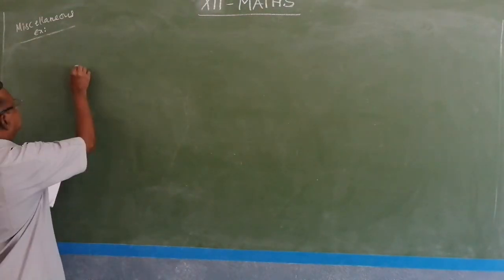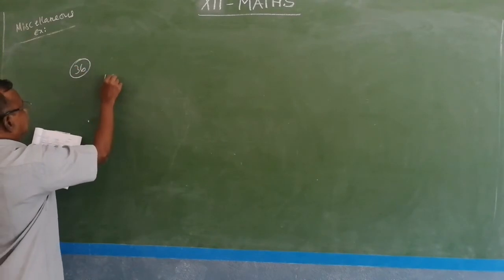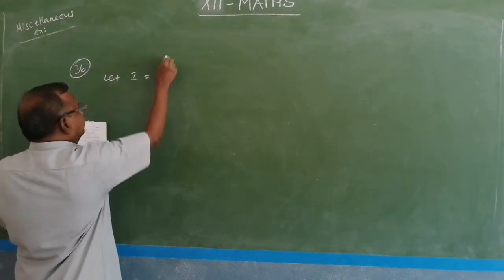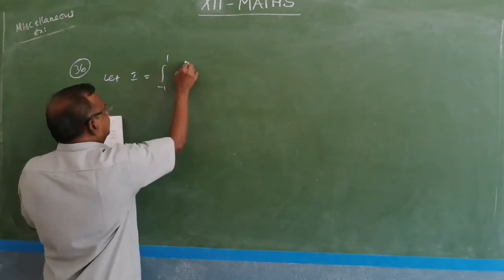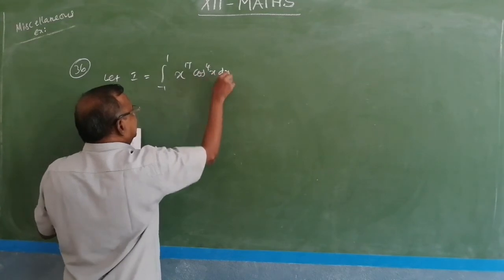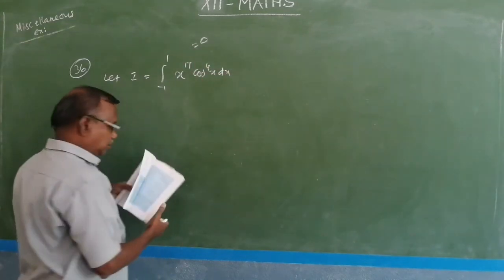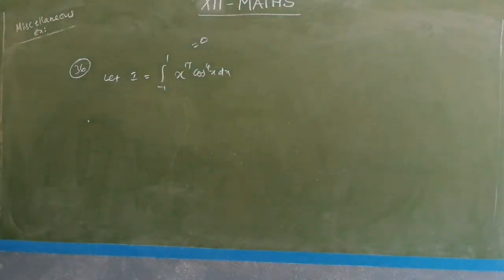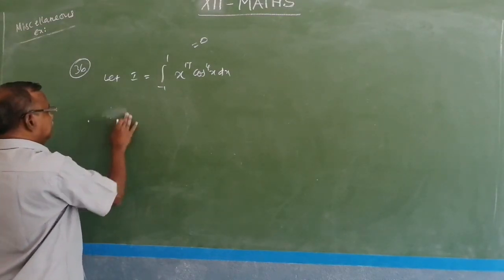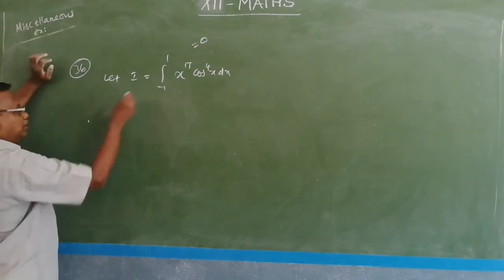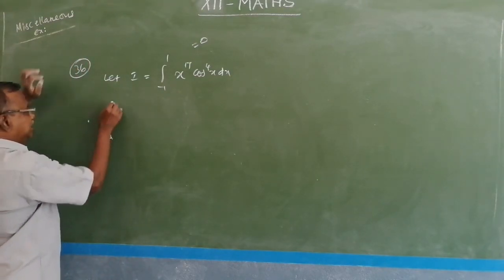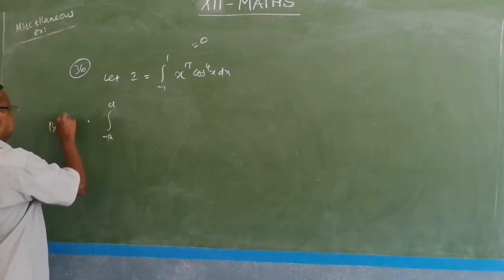Question number 36. Let I equal to integral from minus 1 to 1 of x power 17 into cos power 4x into dx. We have to prove this equal to 0. Before that, let us see a property. We have the limits minus a to a, it is a property. By property,